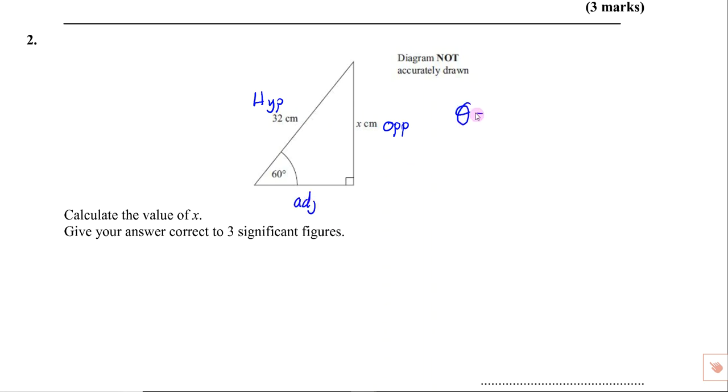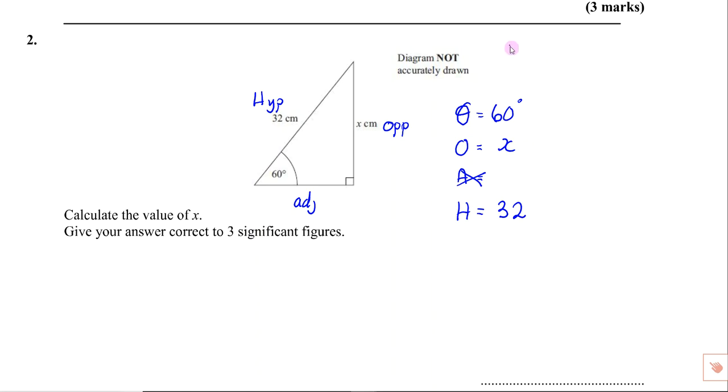So if I write down, do I know my angle? Yes, we do. Do I know my opposite side? Yes. Do I know my adjacent side? No. Do I want to know it? No. X is the opposite. So actually in that one, my hypotenuse is